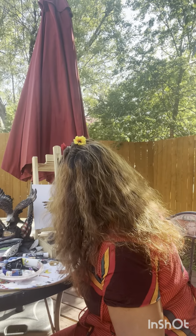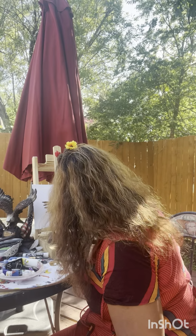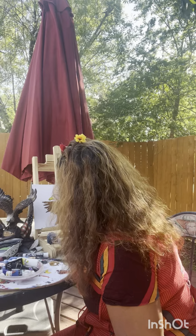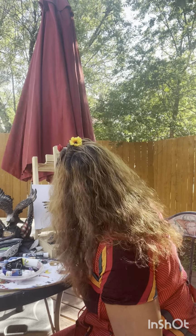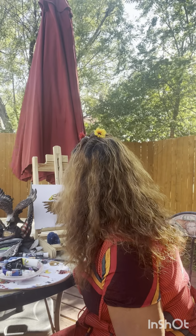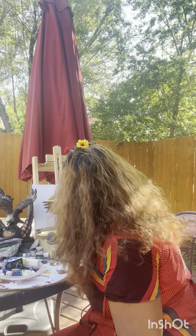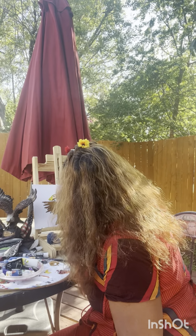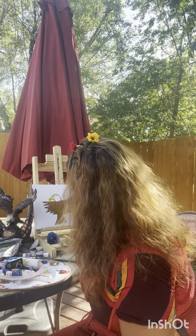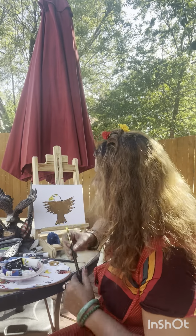and some yellow here also. Some yellow there. Oops. That's good. Okay, so now I have to use kind of more on there. It's white and yellow together, so